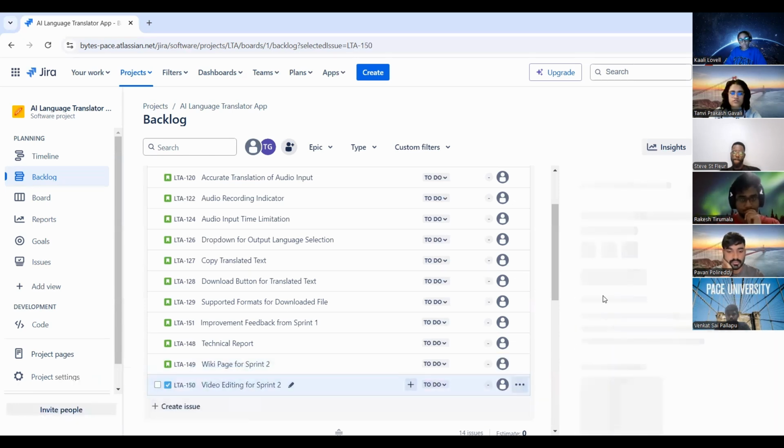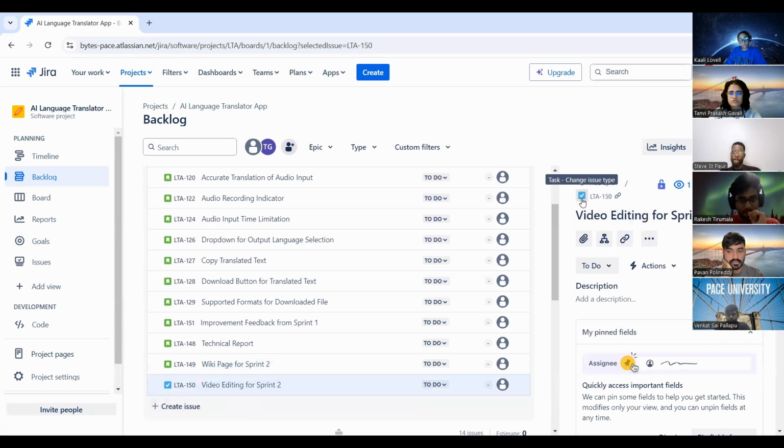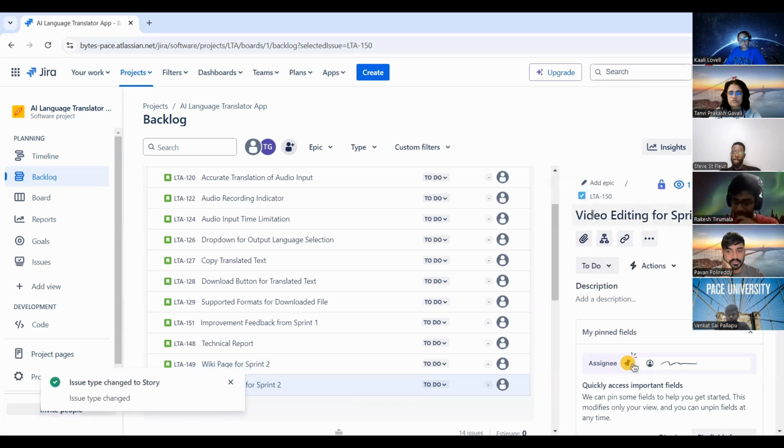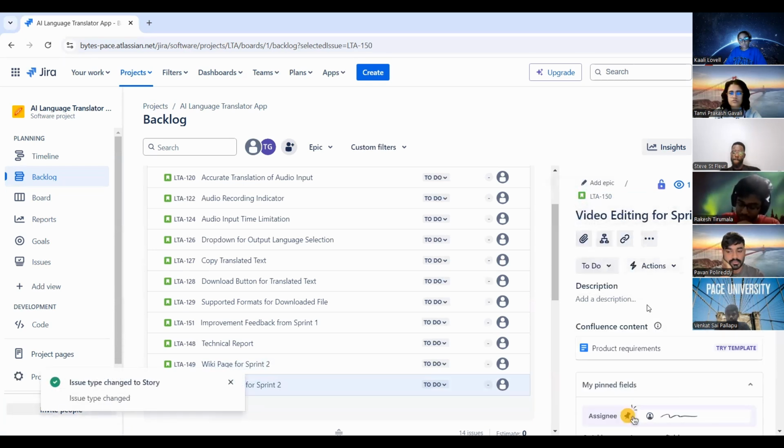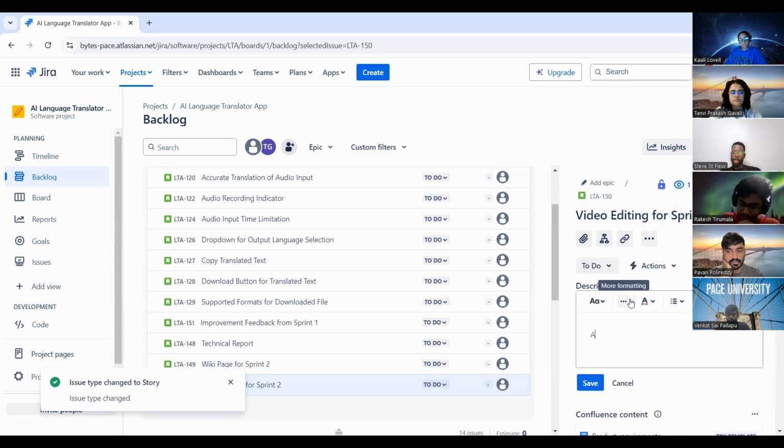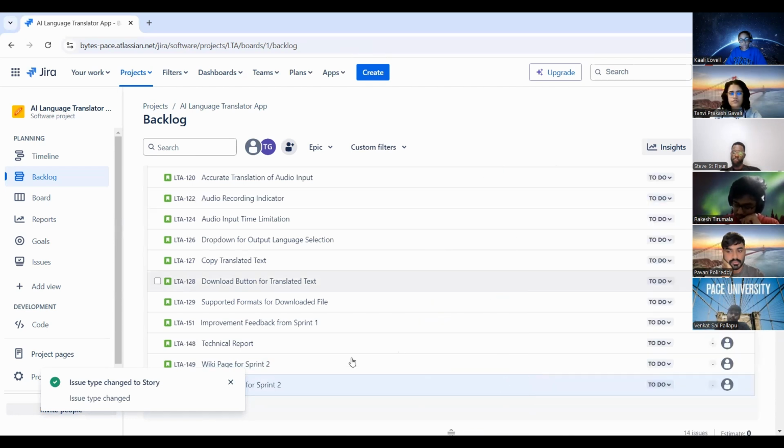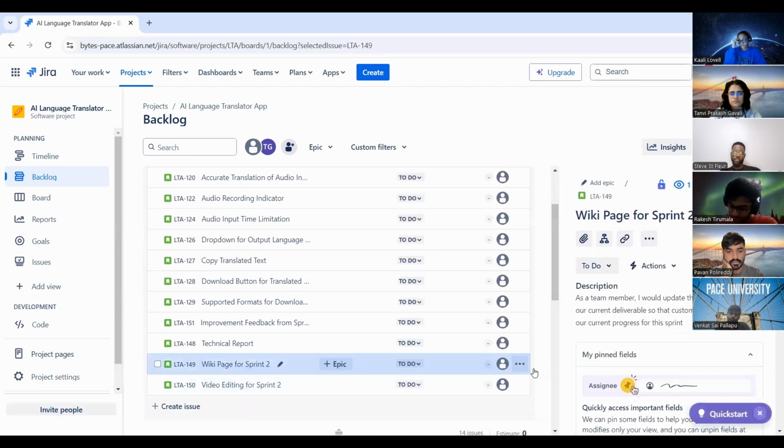And then, can we add this as a subtask on the wiki? Is there such a thing as a subtask user story? Yeah, there is. Okay, so let's just add it as a subtask.